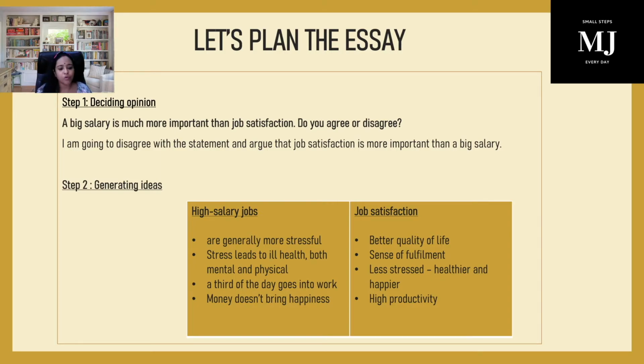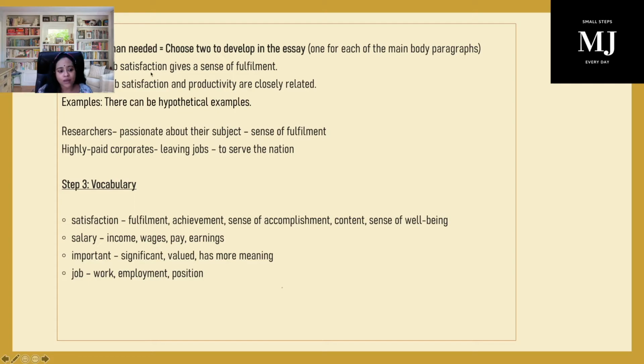I'm not sure about the productivity at all. Okay? So when I have all these points ready in my head, I will select the two, because definitely I have more on my plate than what is required to be there in the essay. So I will become selective and choose two best main points for job satisfaction. And I'm going for sense of fulfillment and high productivity. Let's see that. So my idea 1 is sense of fulfillment,